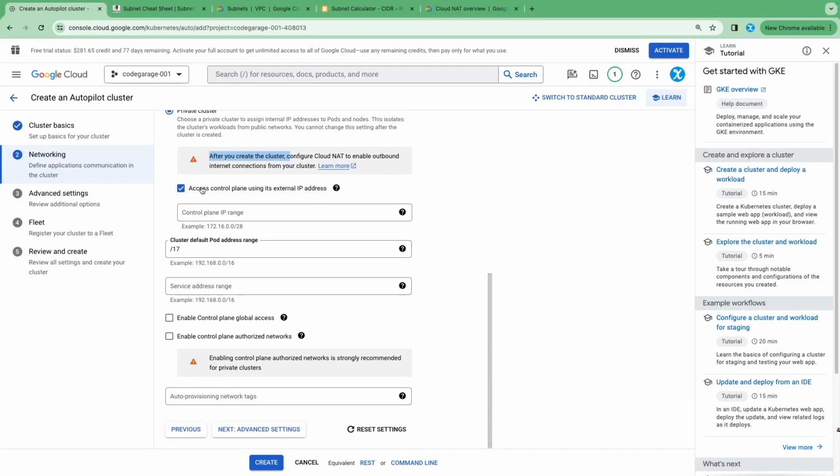Now this one is saying access control plane using its external IP addresses. So disabling this locks down, but we want to be able to use this, so we'll keep this open and we'll have a control plane IP range. Now this is asking for control plane IP range, this is asking for pod address range, service address range. You will need to have all of this handy, and there is one IP address range that we will need to assign for this control plane authorized network as well. So we'll start assigning some of these, and you will need to know that these cannot overlap. The IP addresses cannot overlap,